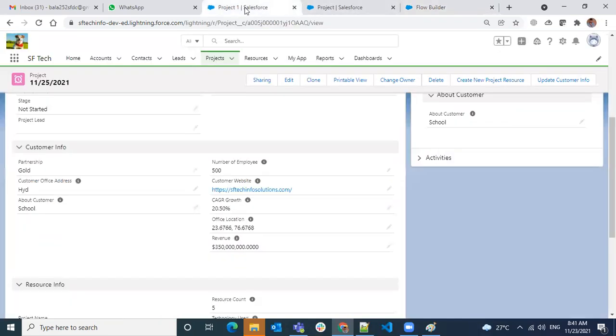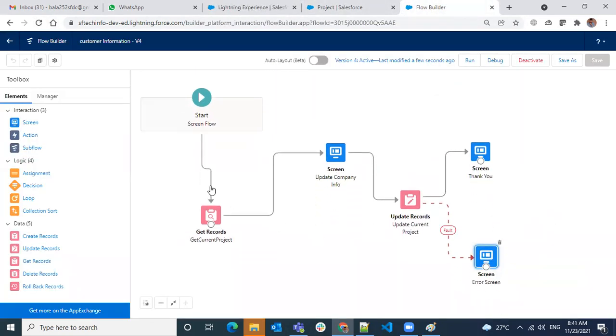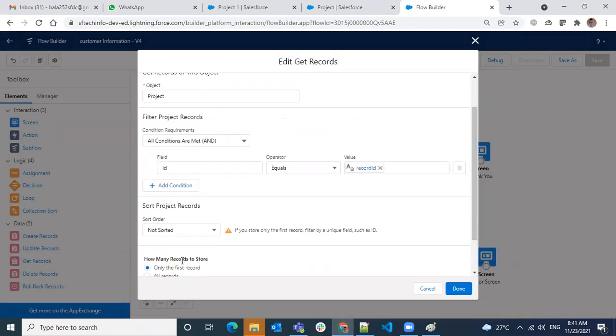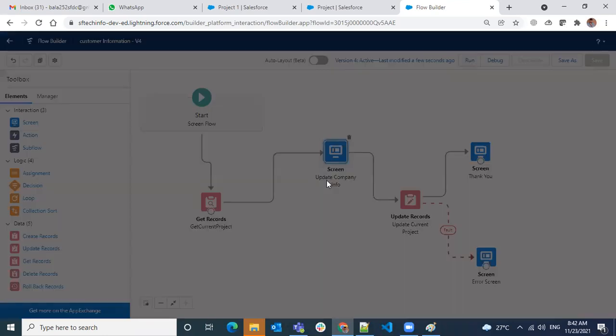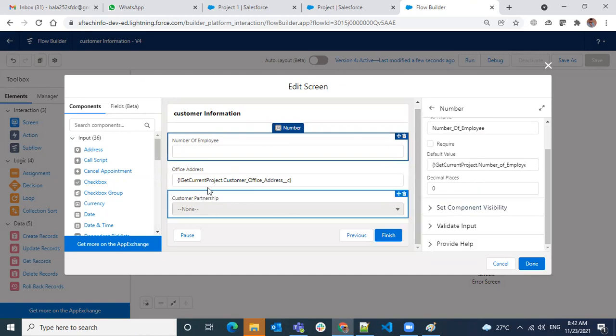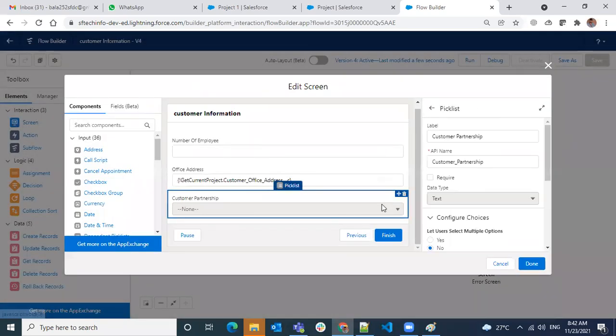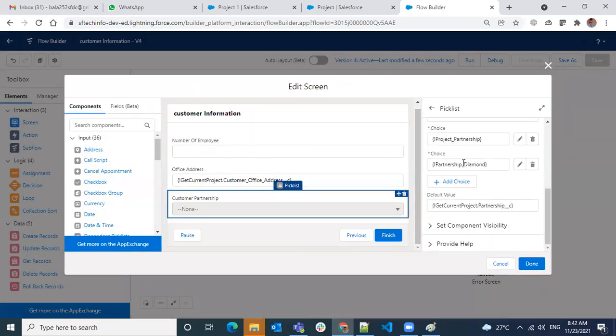So let's see now. It is a complete flow. Once the flow is launched, we pick up the record ID and fetch the record, automatically selecting the fields that we want to store, and we save only the first record here. Obviously there will be only one record, which is the record ID. Then in the screen flow we have given some fields to display, populating default values coming from the record. Here we have chosen some multiple choices coming from a record, and I have added one more custom choice as well.